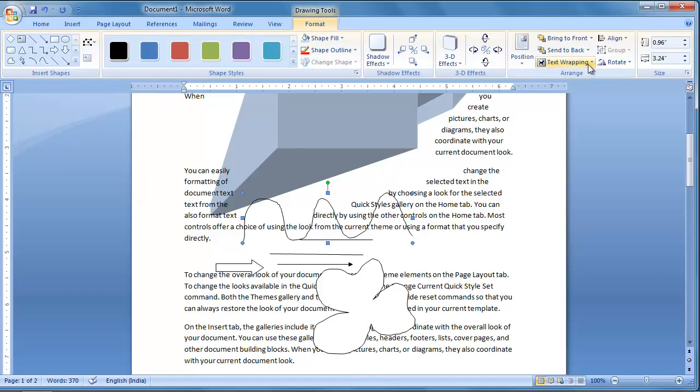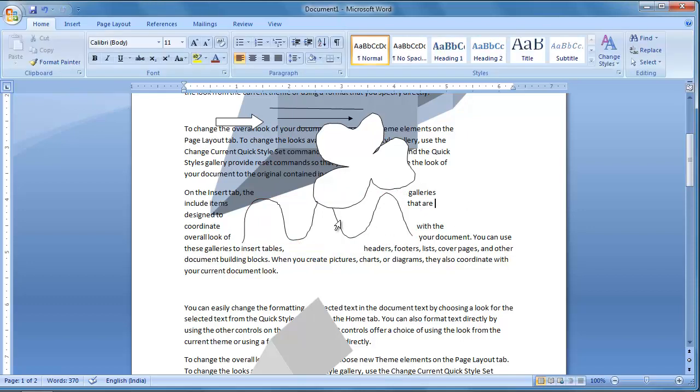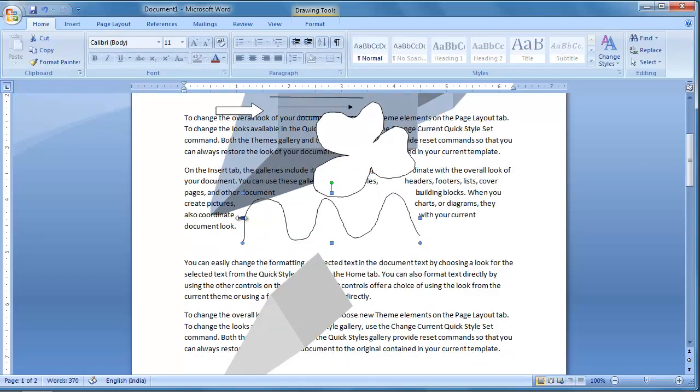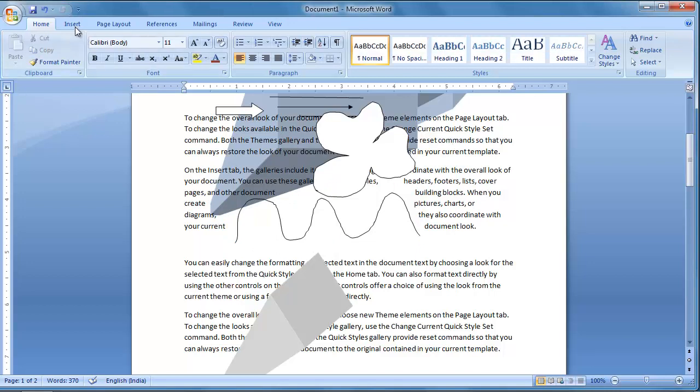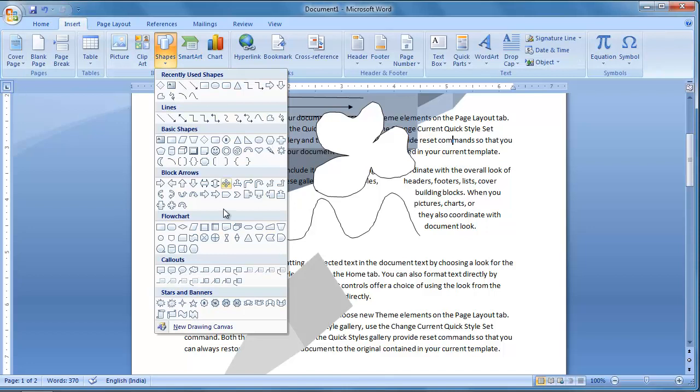So if you want to change this curve position, then you can go for edit wrap points, and you can give here, suppose I want something like this. We are getting some gap around the text and the curve. These are all different shapes.